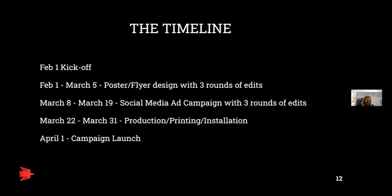So our timeline, like Joe mentioned before, our campaign will run during migration season, starting in April of next year. Design will kick off February 1st, giving the designer until March 5th to design all poster and flyer assets. From March 8th to the 19th, the designer will create a social media ad campaign. And then starting on the 22nd, the campaign will go into production and will launch April